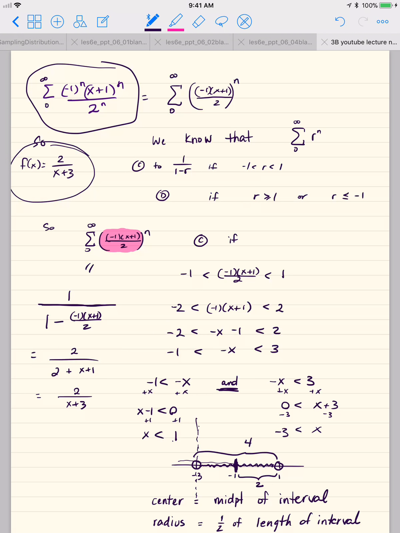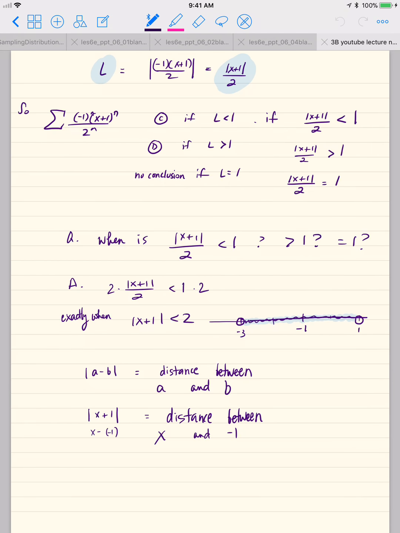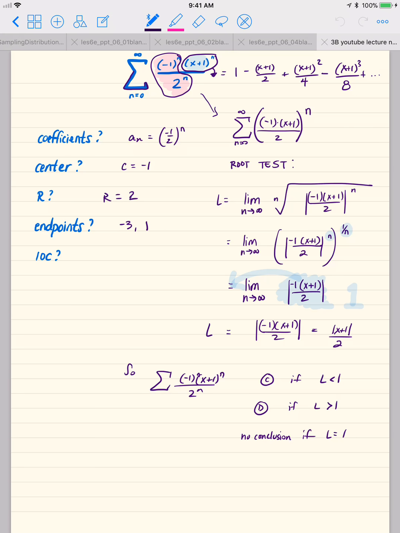So we'll get into representing power series a little bit more. But for now, the takeaway messages are: number 1, when you're trying to find